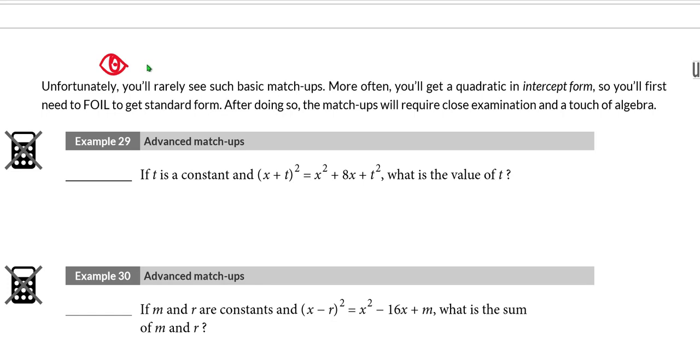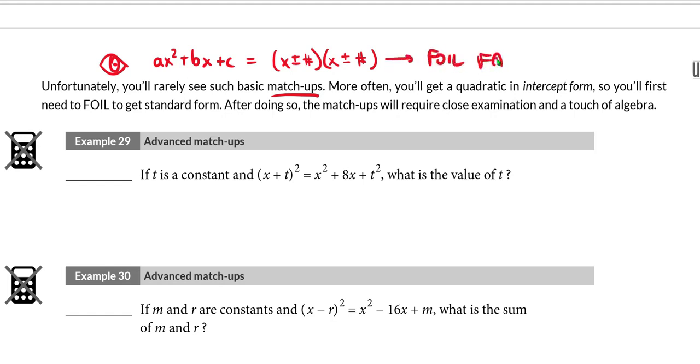When you see an equation in which you have standard form on one side of an equal sign, and you have factored or intercept form, so let's say you have x plus or minus some number, and another x plus or minus some number. So when you have standard form set equal to intercept form or factored form, like you do in example 29 or in example 30, usually that means that you are dealing with a matchup, and the process is usually to